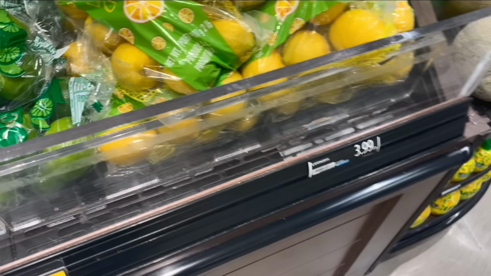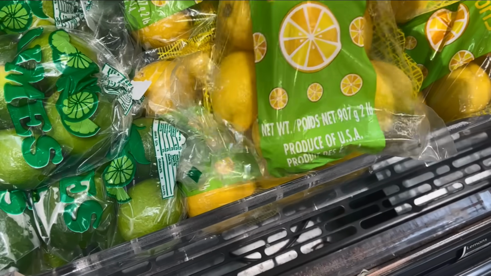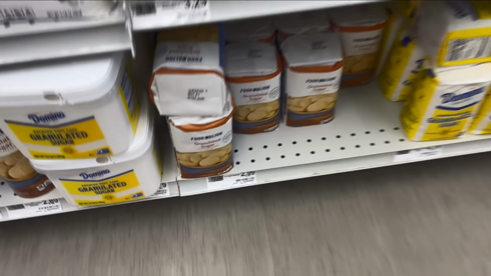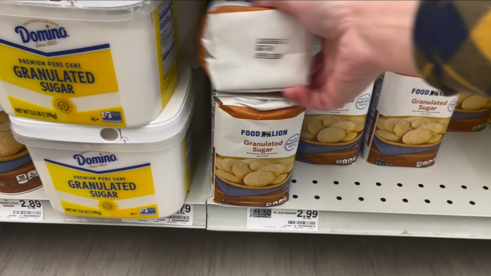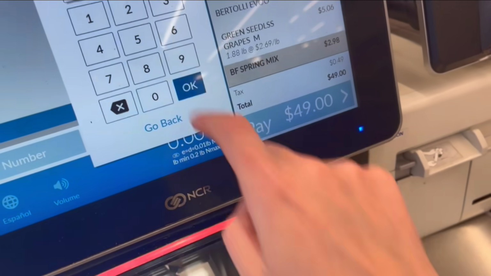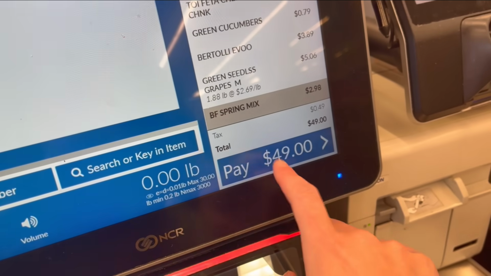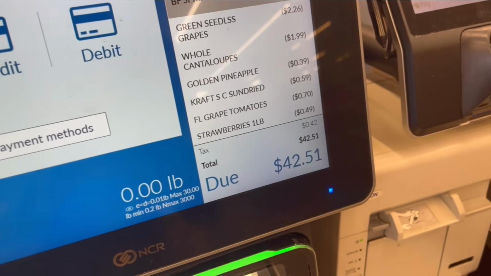The last thing on the list was lemons to make lemonade. I got a 2-pound bag, and then sugar for the lemonade, but I'm not gonna buy the sugar because I do already have sugar at home. And then moment of truth was how much did this come out to at checkout, and it came out to